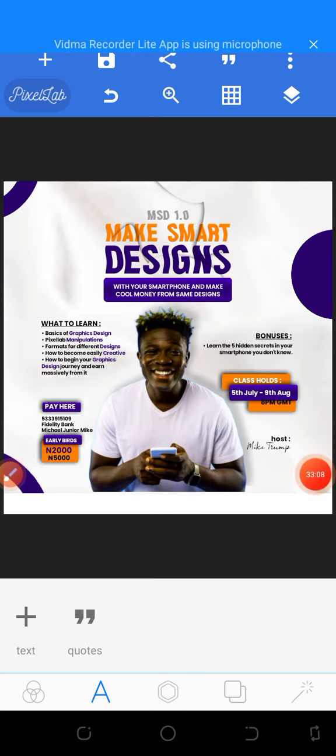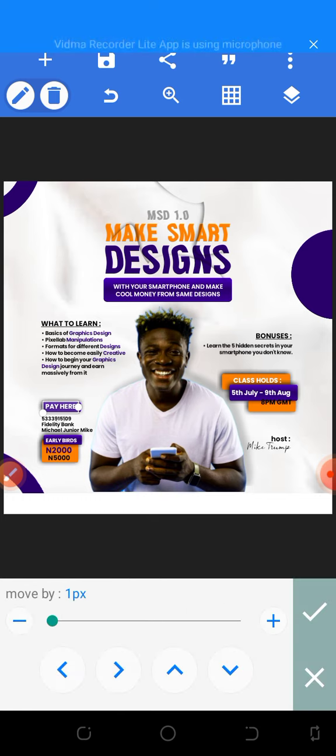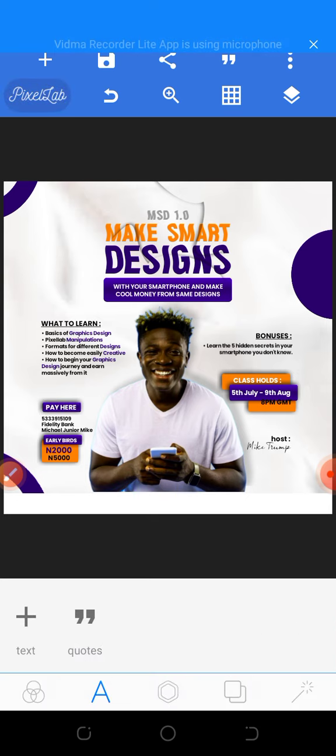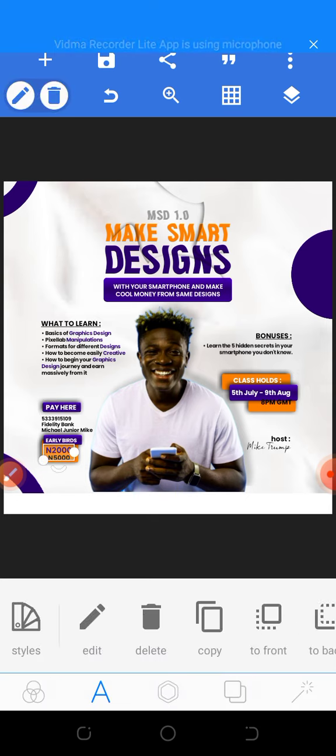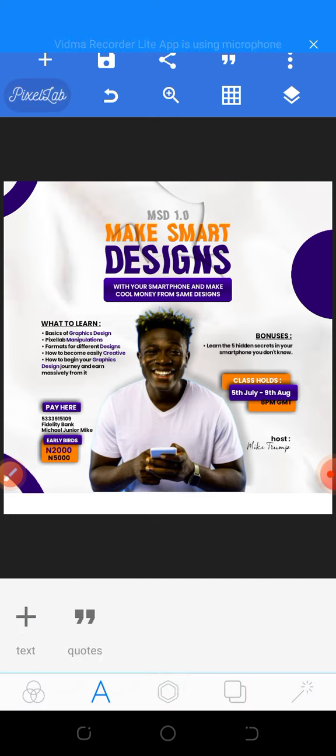Okay, I've succeeded in adding all the text and the shapes on the shapes. Okay, let me quickly align this text very well to fit into this part. Okay, let me align this one also. And this one's